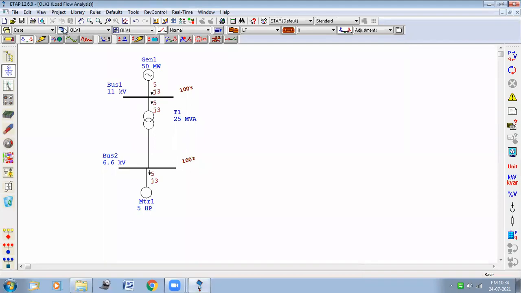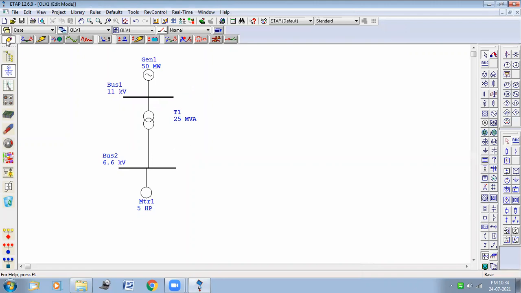Next, again go to this small pencil, that is called the edit button. Just click on it. Next, you have to select the protection scheme. Here I am going to use the under voltage protection. For this protection scheme, an under voltage relay is basically a voltage relay, and for any kind of voltage relay, we need a voltage input. So we need a PT there.